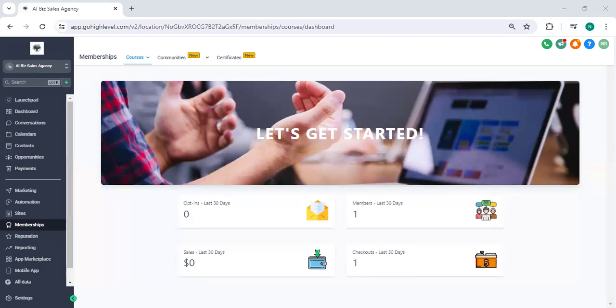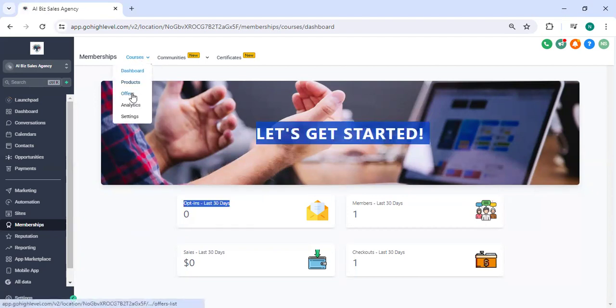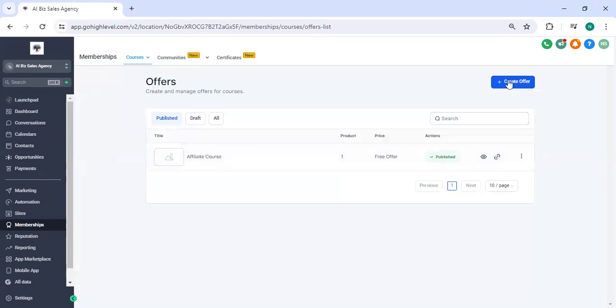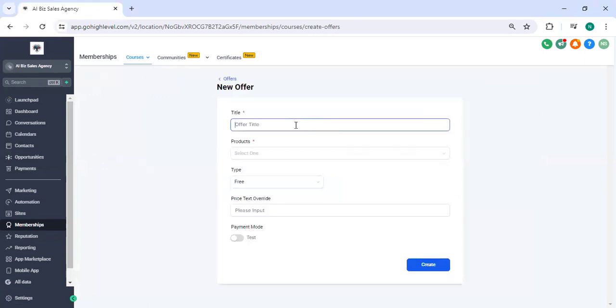To access this feature, first you need to get into the sub-user level account of GoHighLevel and click on memberships. After clicking on memberships, you need to click on courses, then click on offers. After clicking on offers, here you can create an offer if you want to. I'm creating an offer known as affiliate course or something,